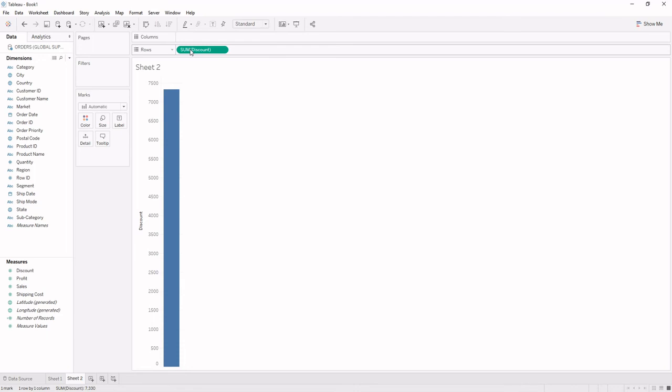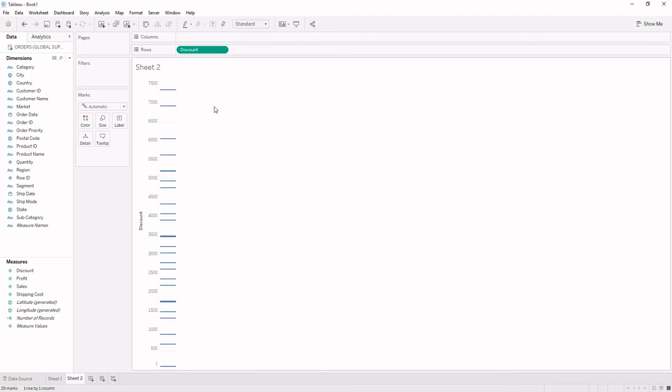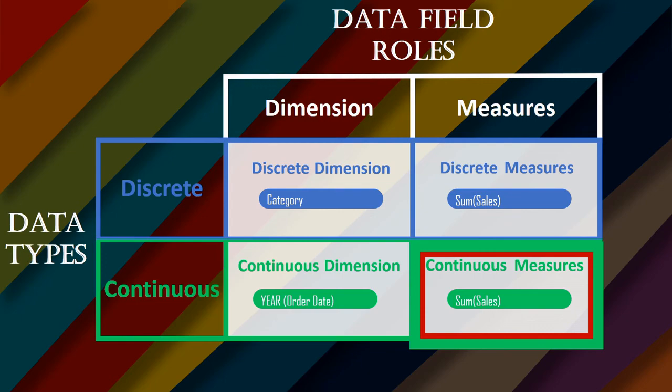Once I have kept it over rows, as it is green in color, we can say that it is continuous. But for converting it to a dimension, we have to remove its aggregation, and if I click on dimension, its aggregation is removed but it is green in color, hence at this point of time this is also a continuous dimension.